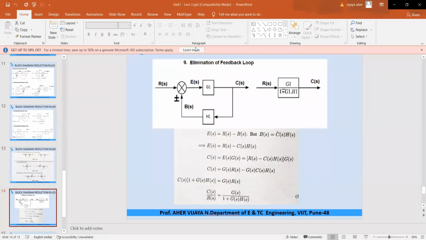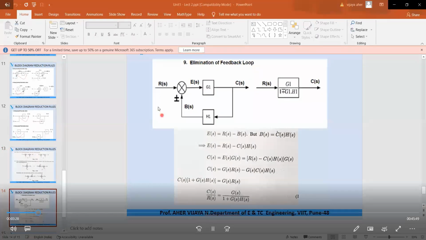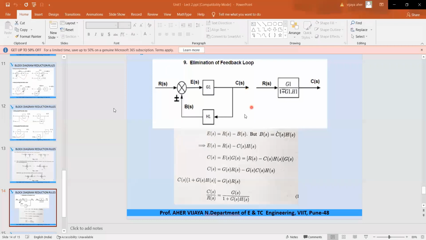So this is the rule number 9. Rule number 9, elimination of feedback loop. Now, in your complicated control system, if this is the situation, this is closed loop control system. So how you can replace this closed loop control system by using one block only? That derivation is given over here. So students, are you with me? Yes, ma'am. So write rule number 9,